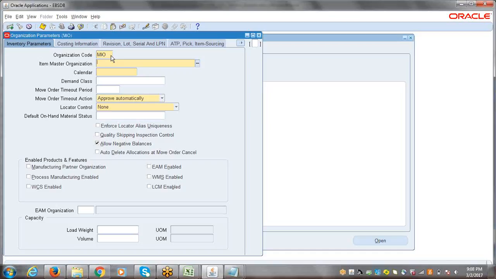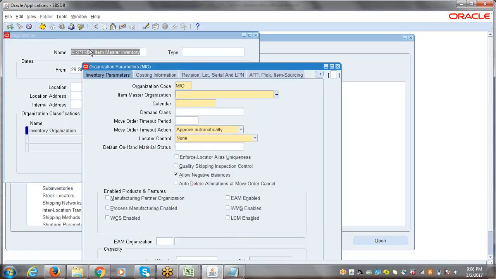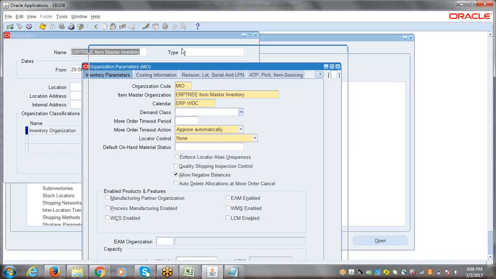Any code you can give, but that should be 3 digits. The item master organization name we are creating is item master only, so the same name we have to provide, that is ERP3 item master inventory. Select your workday calendar, ERP3 ERP WDC, this is the name we gave. Then go to the next tab,